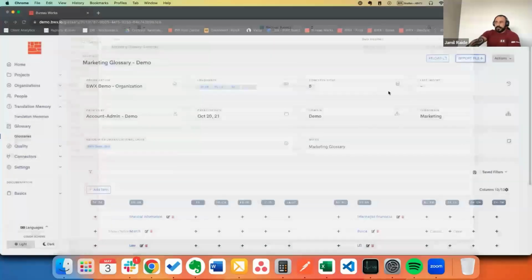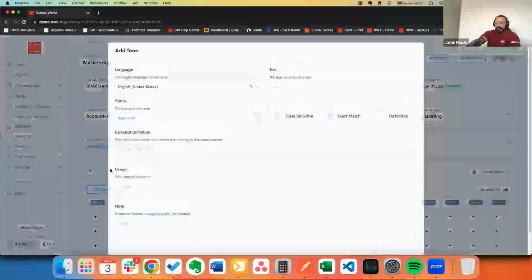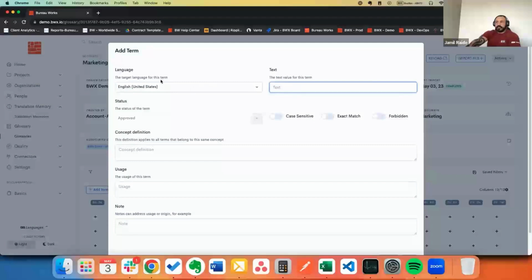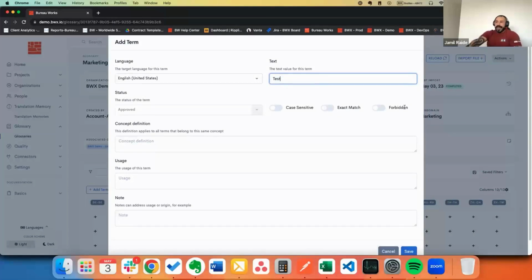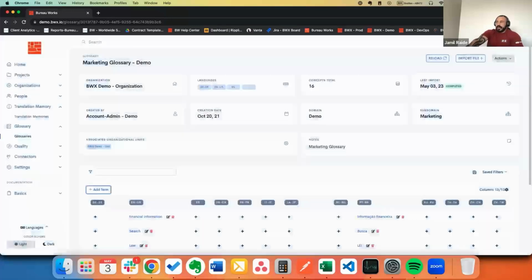All right, so same process, I can upload a TBX file if I have one. If I don't have one, I can start adding terms manually here. So this will be the target language, then I can add a term. I have some metadata fields in here: case sensitive or not, exact match, forbidden term, conception, usage, and some other options. I'm not going to create one, but you can do that manually from here again,